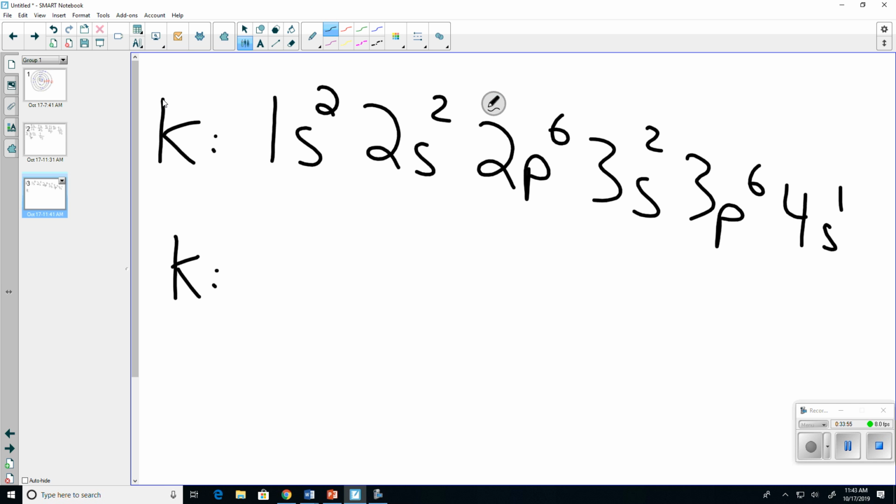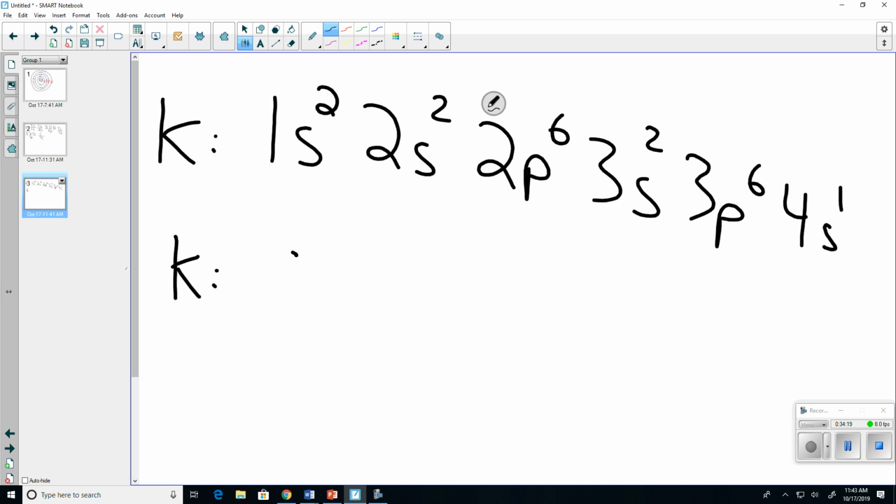And the way we do that is we go to the end of the line, to this column right here, which would end each shell. And we're just going to write down that previous element there. One of the things that you're going to learn in the coming weeks is this entire column of the periodic table has a special name. It's called noble gases. So sometimes the shorthand form that we're about to do is called the noble gas form,